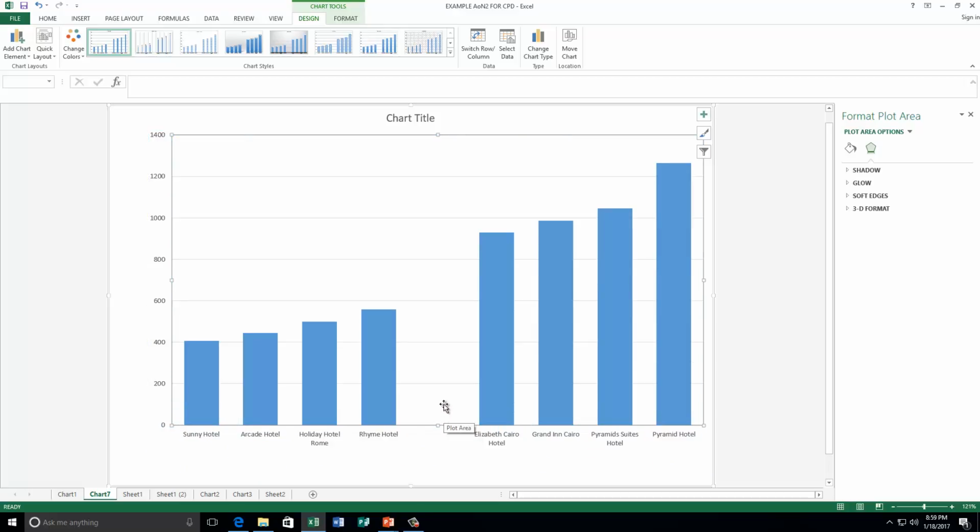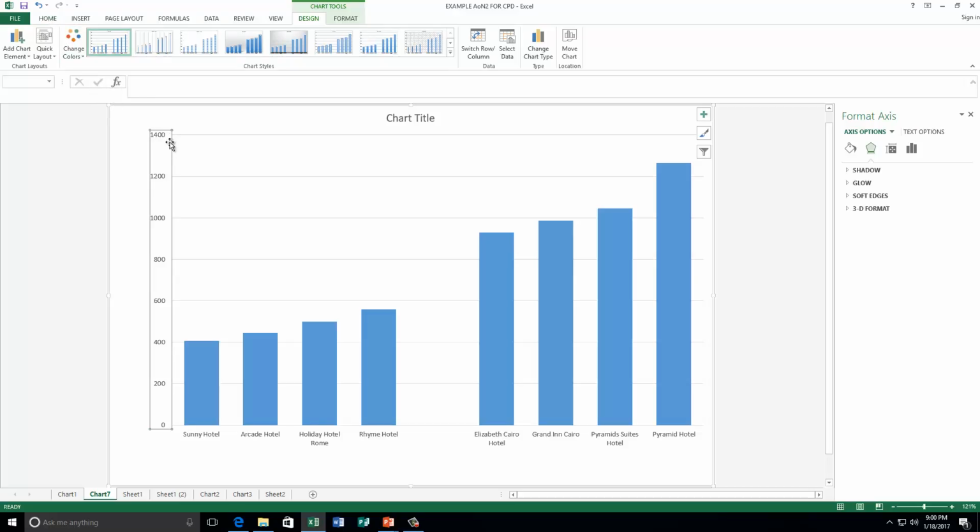Okay, now next you'll notice that the numerical scale going up there, well, first of all, it's quite widely spaced, isn't it? It goes 0 to 200 to 400 to 600, and actually the numbers themselves are a bit small. Changing the size is easy. What I do is click actually over one of the numbers, just left click once, and then click on Home